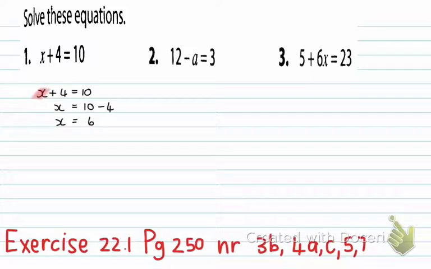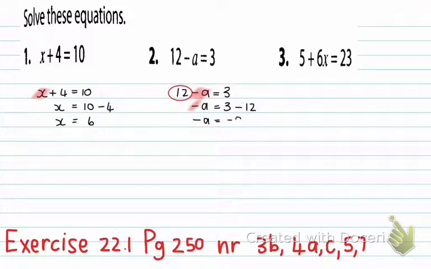All right. Number 2, this here you have to be careful, all right? It's 12 minus a is equal to 3, and we have to get a alone. Now, guys, I have to get rid of this positive 12. And if I do that, I take it to the other side, the right-hand side, and it becomes a negative 12. Now, what stays left on the left-hand side is negative a. Don't throw away this negative. It's very important to keep it. Okay? So on the left-hand side, we have negative a is equal to 3 minus 12, and that's going to